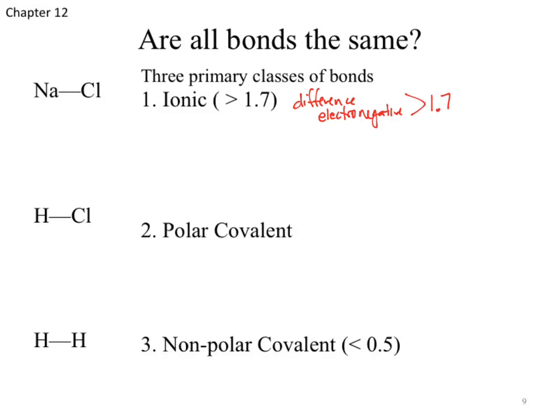Anybody see a problem with that? Maybe a slight panic going through your mind. What's the slight panic? That's a good thing to panic about. What if it comes out to exactly 1.7? And I'll address that in a slightly different fashion in a second. We can throw in a greater than or equal to. It's not that big of a deal to do that. I actually don't know exactly if it's greater than or equal to or if it's just greater than.